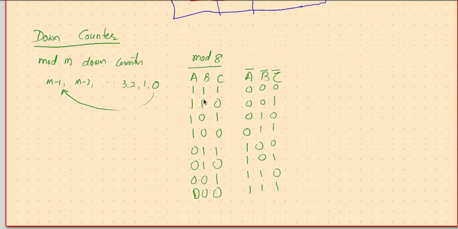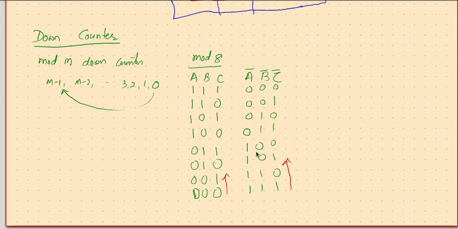So if ABC is going up, then A bar, B bar, C bar is going down. 000, 001, 010, 011. So if ABC is going upwards, then A bar, B bar, C bar started from 7, 6, 5, 4, 3, 2, 1, 0.